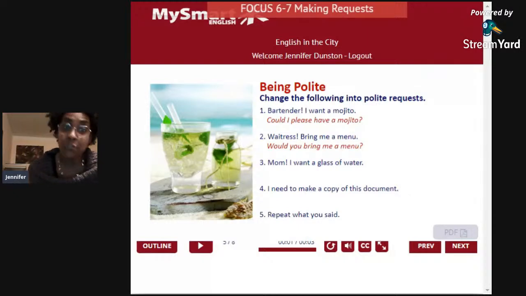This is a difficult one. So, you're making a request to your mom. How do you talk to your mom? Do you have that face, that angry face? Mom! Or, Mom! And you're asking your mom for a glass of water because your mom is busy. Your mom has a lot of things to do. She doesn't have time to stop and give you glasses of water.